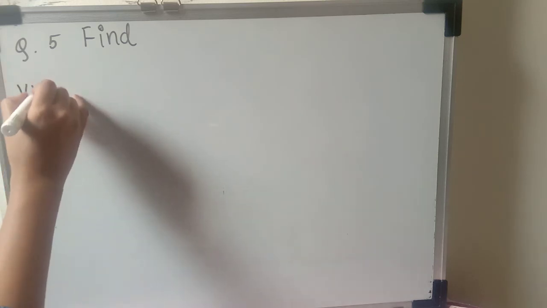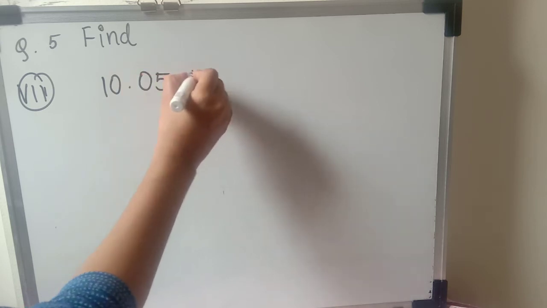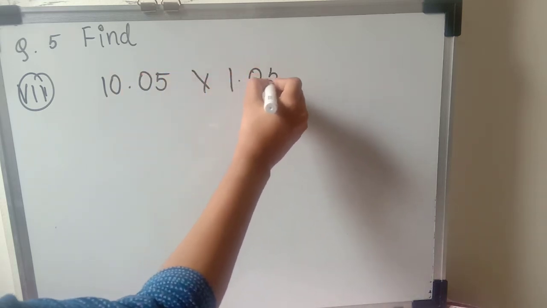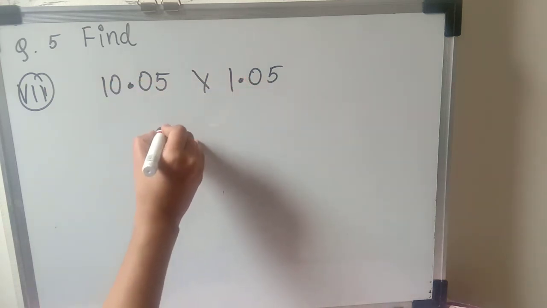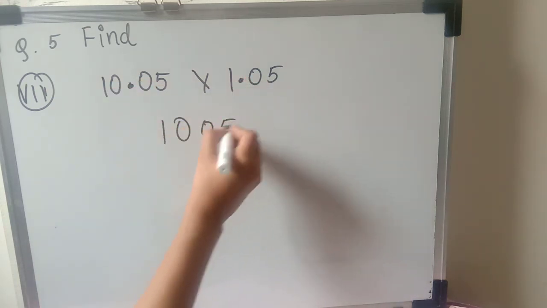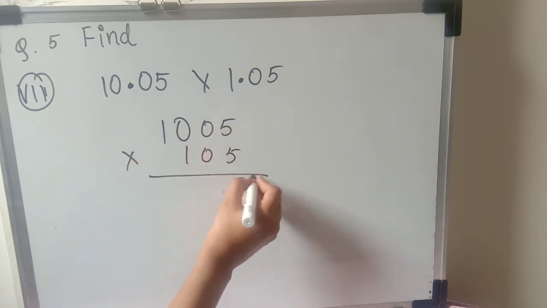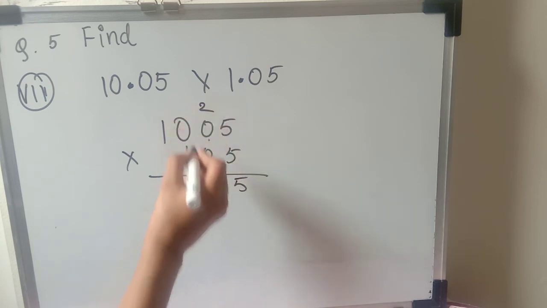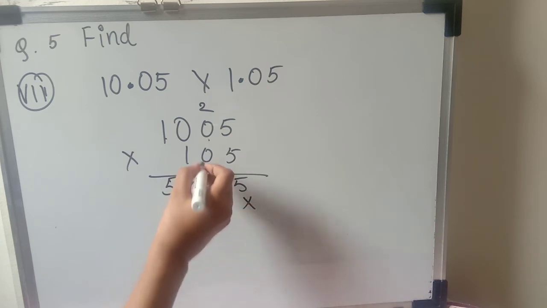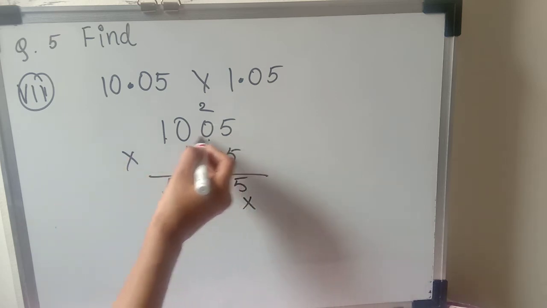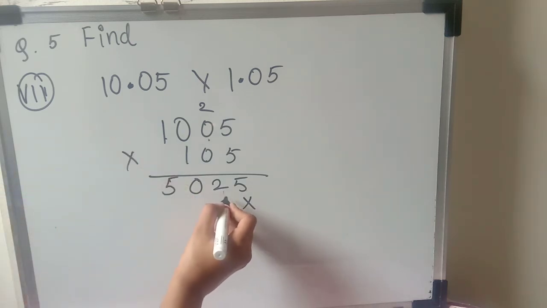So here our example is 10.05 multiplied with 1.05. Okay, so without the decimal just multiply them as a whole number. So 1005 multiplied with 105. Okay, so 5 5s are 25, 5 zeros are 0, 0 plus 2 is 2, 5 zeros are 0, 5 1s are 5. Okay, let's take the second number. Now here 0 is there and 4 digits are there, means any number if you are multiplying with the 0, you will get the 0 only.